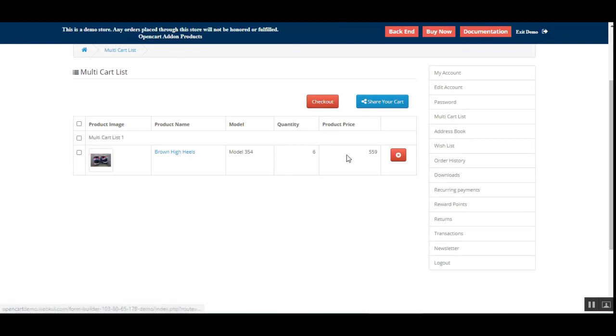And now if I go back to the multi-cart list, here we'll see a cart list 1 and along with the product within that, and from here you can make a checkout as well, or you can share this particular cart with other customers. So if I select this multi-cart 1 and I'll just tap here on the share your cart button,